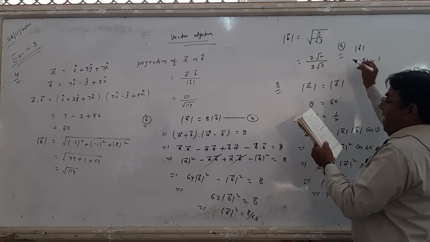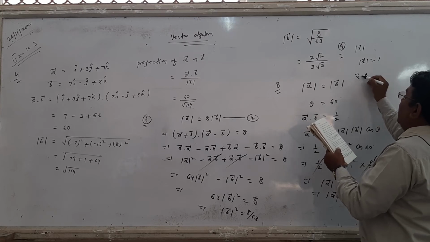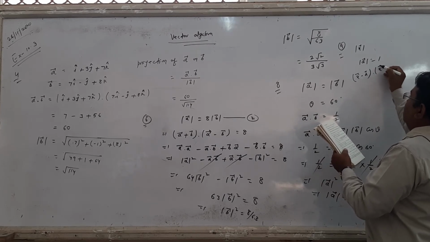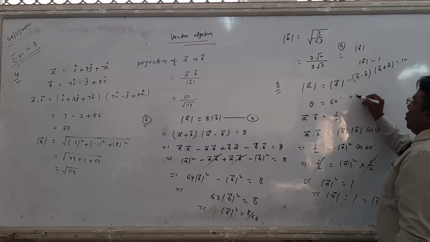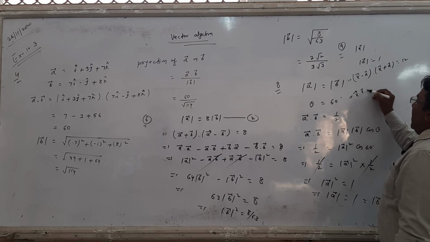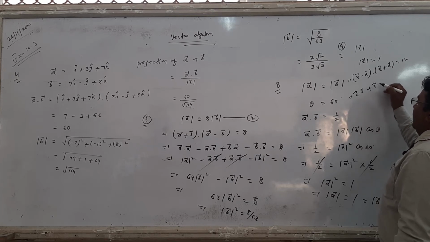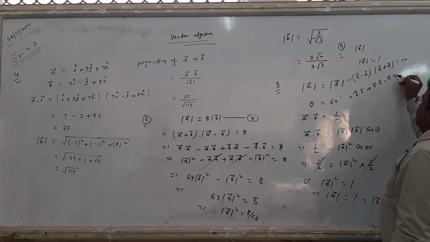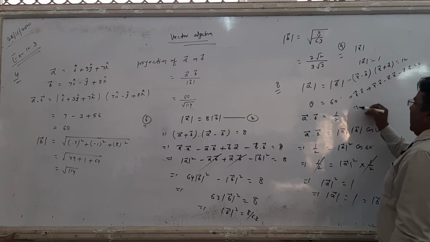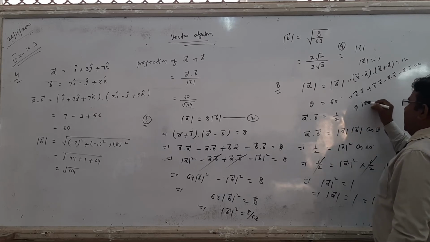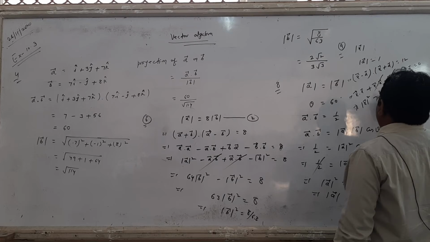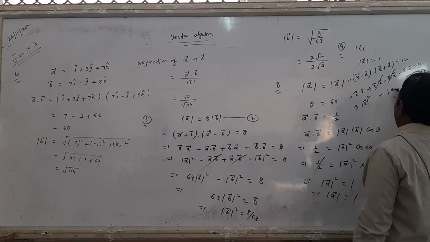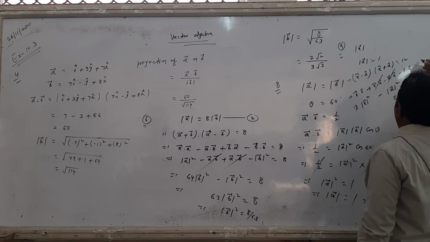In question number 9, vector x minus vector a dot vector x plus vector a equals 12. You know students, same, this is x dot x minus plus x dot a minus a dot x and minus a dot a. And you know student, what is x dot x? This is again an important identity, the magnitude of x square. In the dot product, a dot b and b dot a are equal, these are cancelled. So left is a dot a, and a dot a is the magnitude of a square, equals 12.